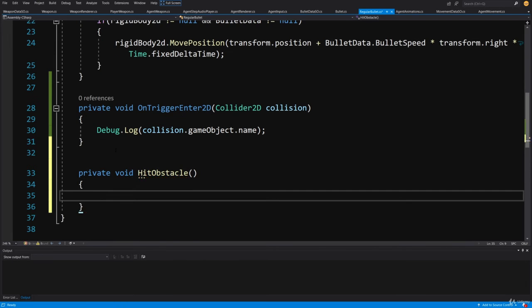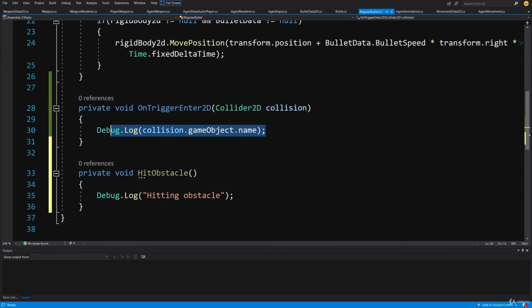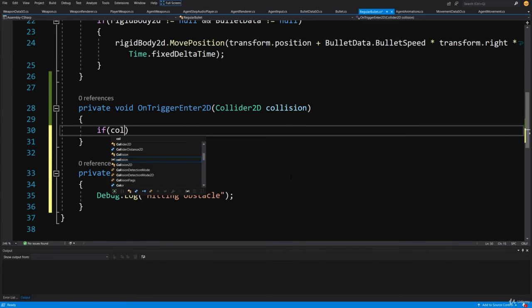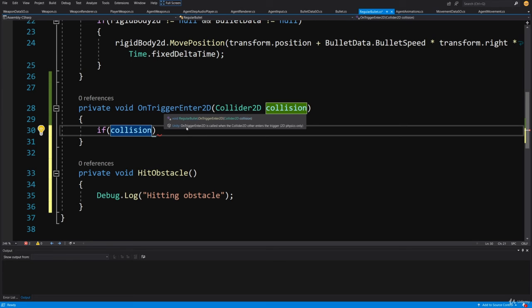Okay. And what we are going to do is let's debug.log here, and we are going to log simply "hitting obstacle." Great. And what we can do here is we can detect in our OnTriggerEnter2D what exactly we collided with. So we are going to call if our collision, which is the parameter that our OnTriggerEnter2D receives,